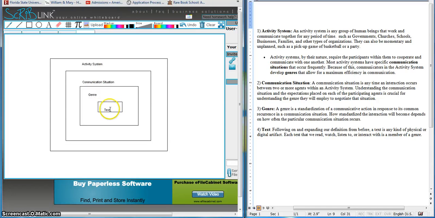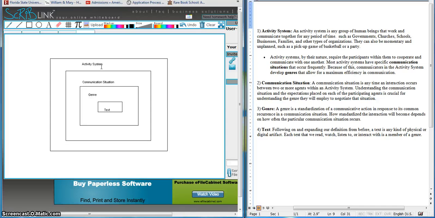but we can talk about now a little bit better, what is this text? What's the context surrounding this text? What genre is it participating in? Why does that genre exist? And who is communicating with who? And why do they need that genre? Why does it make their life easier to have it? And why do they continue to use it? And then what activity system is this happening in, and what can we learn about what's happening in all these other steps from knowing it's in this activity system.